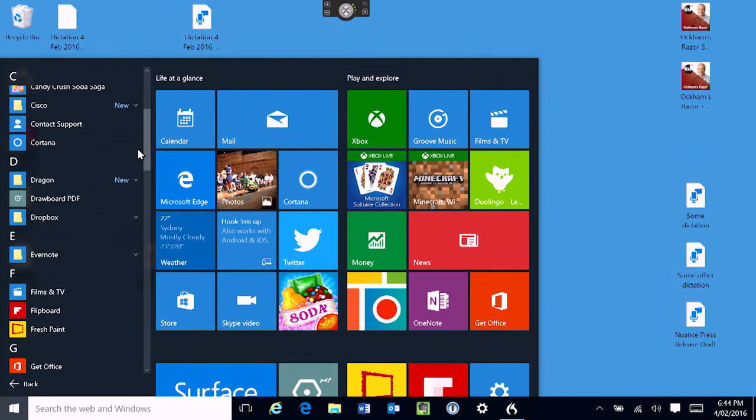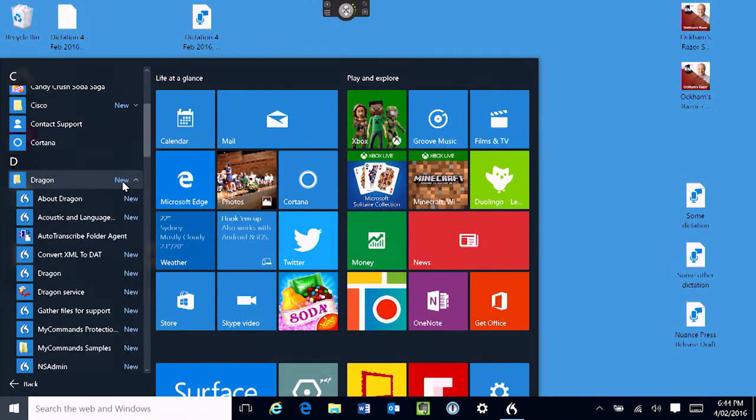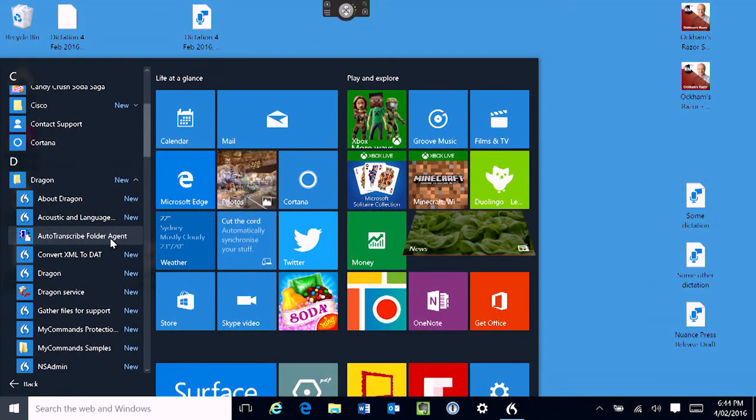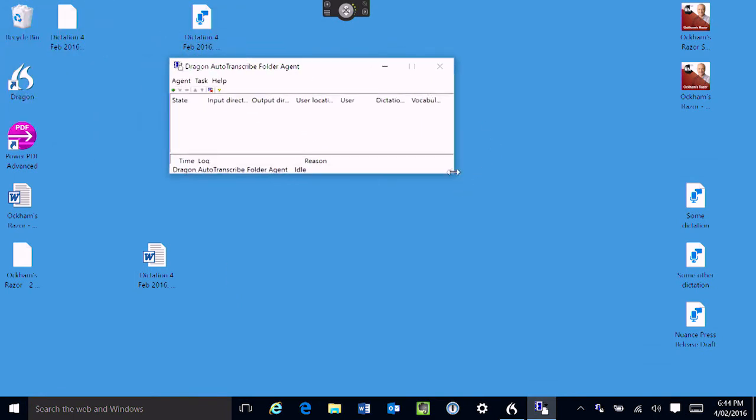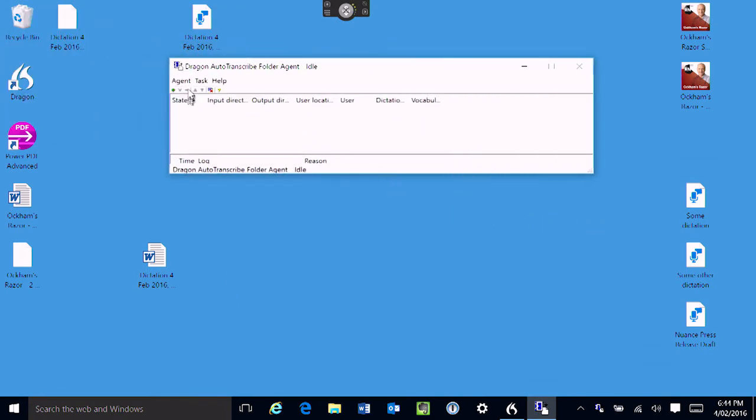Go down to the Dragon section, the Dragon category on there, and choose Auto Transcribe Folder Agent from there. Now, this just brings up a fairly anonymous looking box that lets you set up tasks. And each task, as I said, has an input folder, an output folder, and a profile associated with it as well. So what I'm going to do first before I do the job is set up a